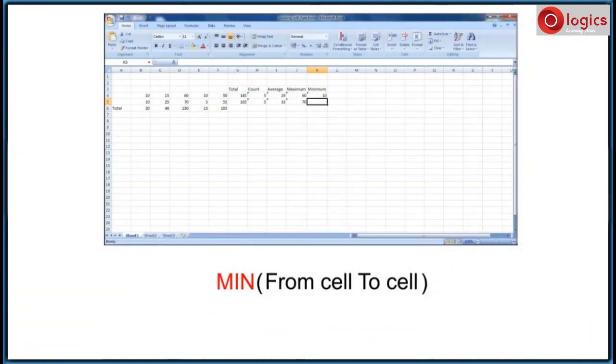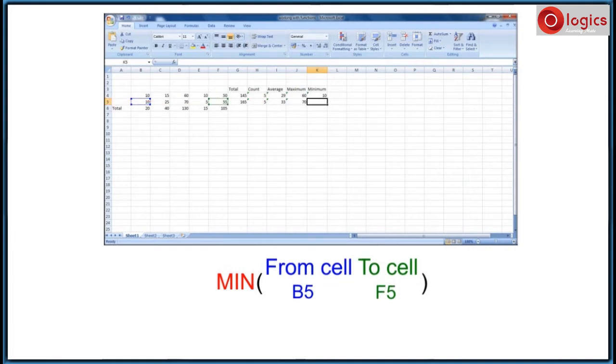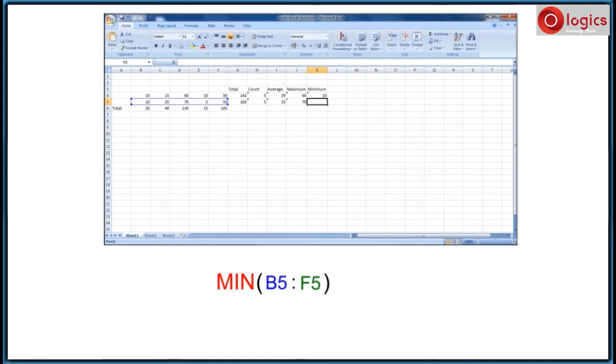See, the function also returns the minimum number as 10. Here I am choosing another range of cells to display the minimum number. The from cell is B5 and to cell is F5. Put the colon in between these two cells and type equal to in the beginning of the function.